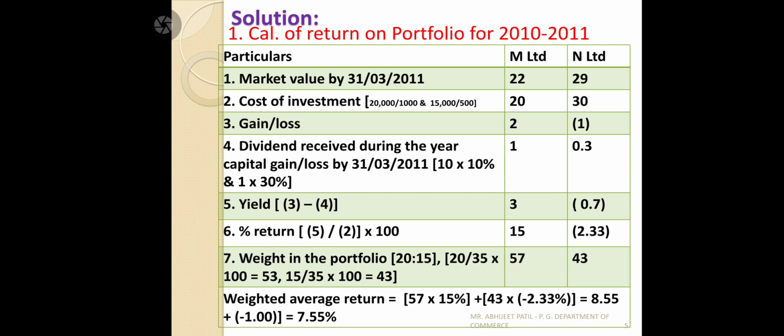But the problem here, we are going to be investing as an expected rate of return, so we should find out the weights in that portfolio. So total, how much return we can get from M and N. So how to find out the weight in the portfolio? We should determine the weight. How are we going to calculate?